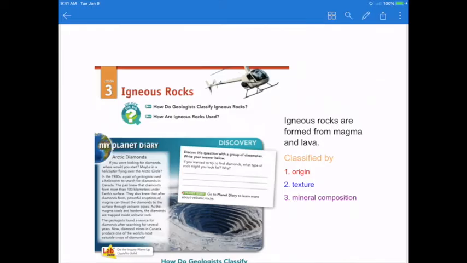Okay, boys and girls, today we're going to talk a little bit about igneous rocks, how they're formed, and how